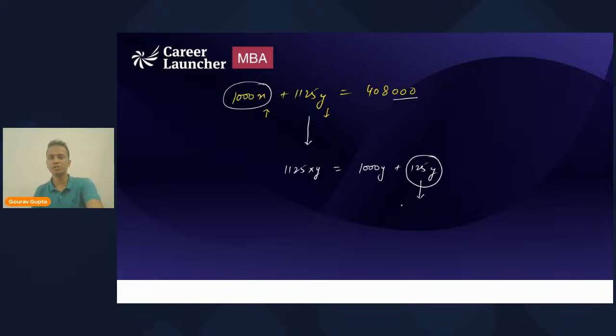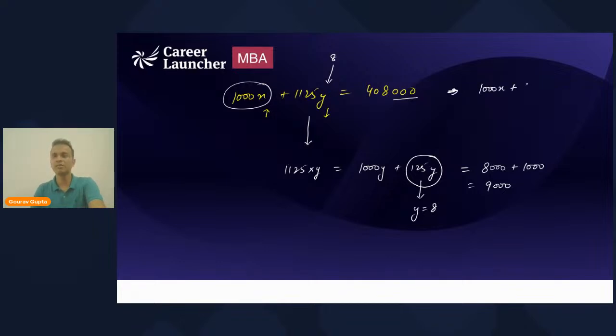Absolutely Meghadri. So the value of y we can put is 8. If I put the value of y as 8, this will become 1000 into 8, 8000, plus 125 into 8, that is 1000, which is 9000. So substituting the value of y as 8 in this case, I will get